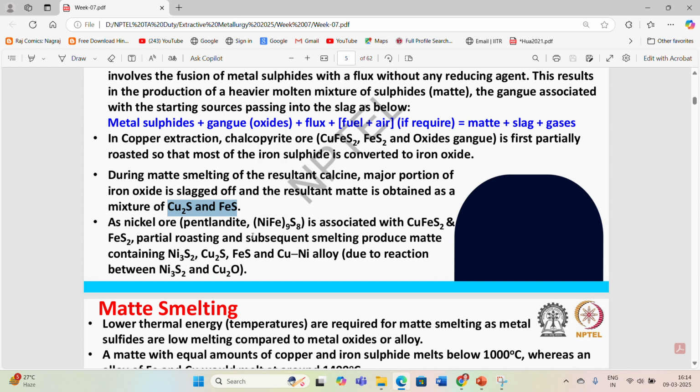If we are going for nickel ore, this is a byproduct of, or we can say it is associated with, the CuFeS2 and FeS2. So partial roasting and subsequent smelting produce matte containing Ni3S2. If some other mineral sulfides are also present during the process, they will also report to the matte part. So the produced matte will consist of Ni3S2, Cu2S, FeS, and CuNi alloy due to reaction between Ni3S2 and